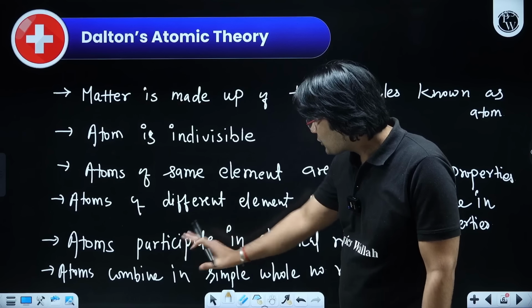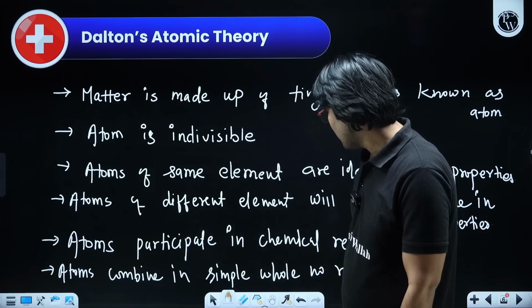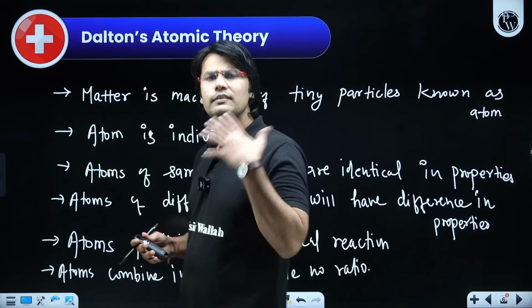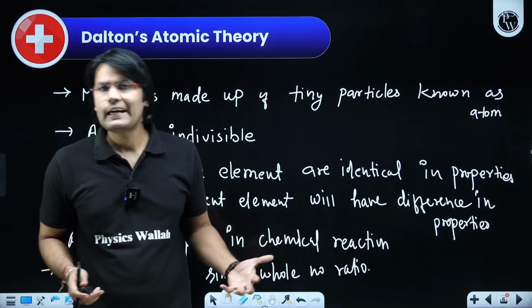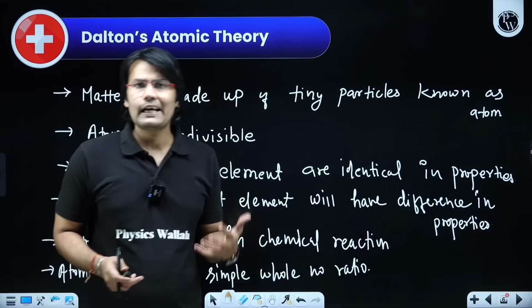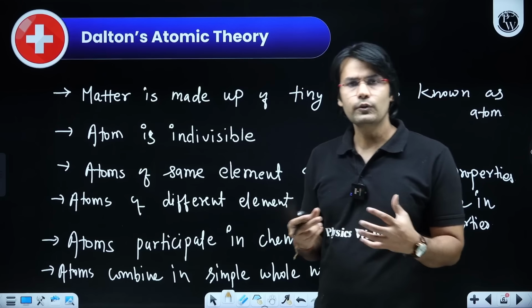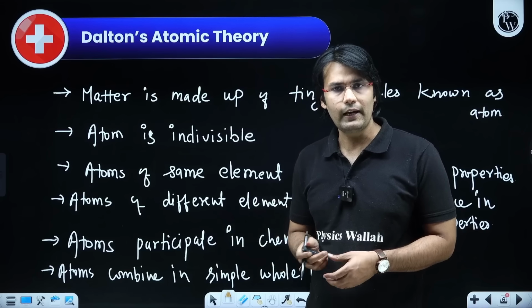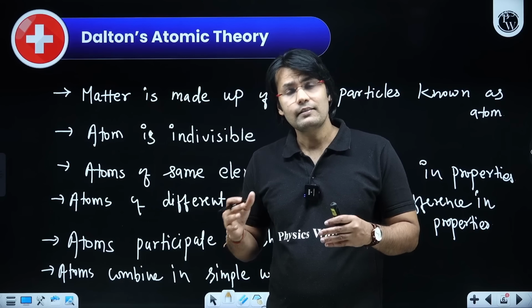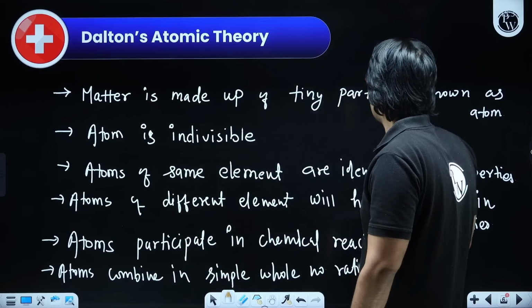But again, the last point of Dalton, that atoms combine in a simple whole number ratio, this is also wrong. It's not mandatory that atoms will always combine in a simple whole number ratio. If you look into molecules like CO2, H2O, CO, NO2, this point is valid. But if I consider larger molecules, like suppose glucose,